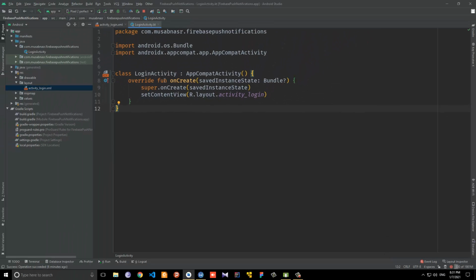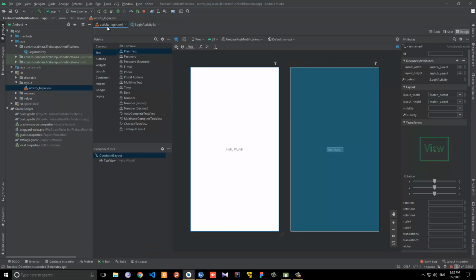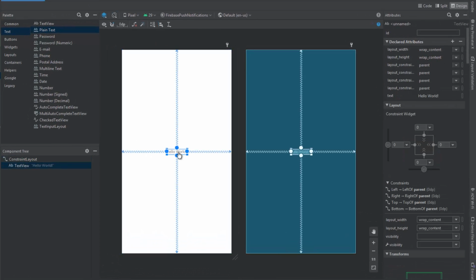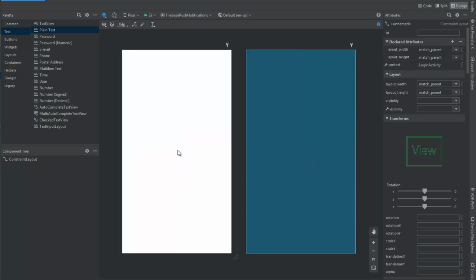Let's start designing the login activity. So go ahead and open activity_login.xml. We still have the Hello World text view selected, so delete it using the delete key on the keyboard. So let's start adding edit texts, because we want the user to log in using an email